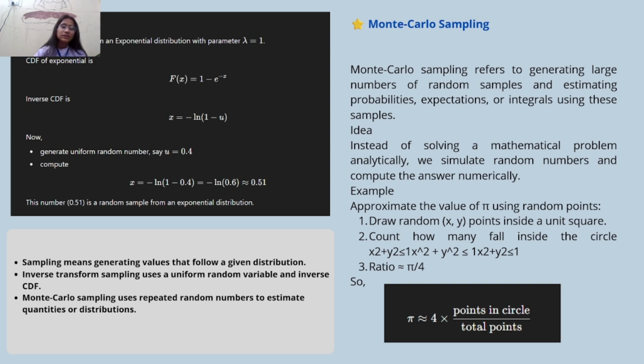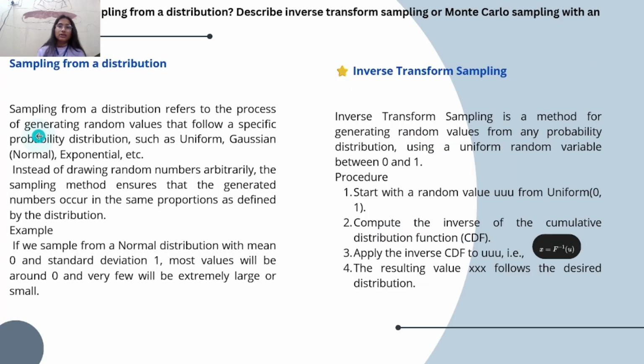Now next is Monte-Carlo sampling. Monte-Carlo sampling refers to generating a large number of random samples and estimating probabilities, expectations or integrals using these samples. So the idea here is instead of solving a mathematical problem analytically, we simulate random numbers and compute the answer numerically. So here the example is written, and also we have this example written for inverse